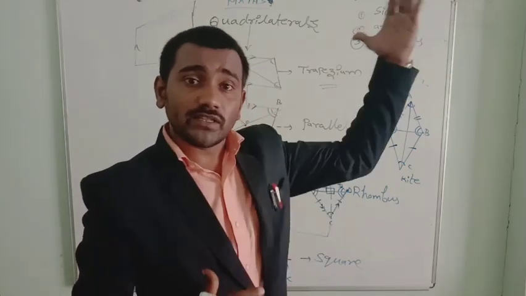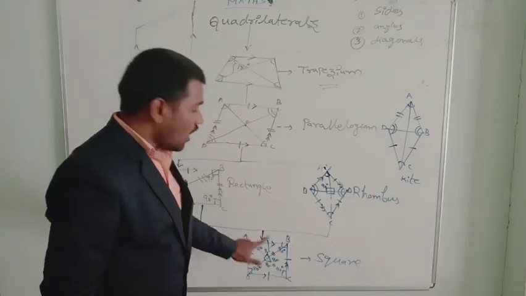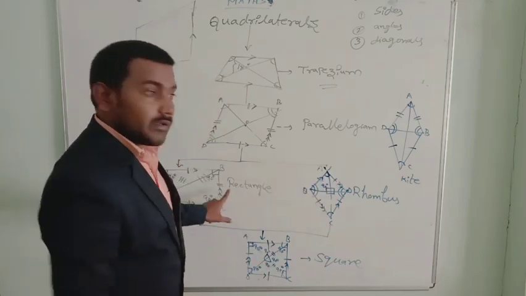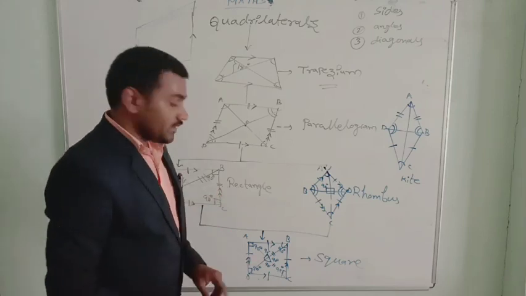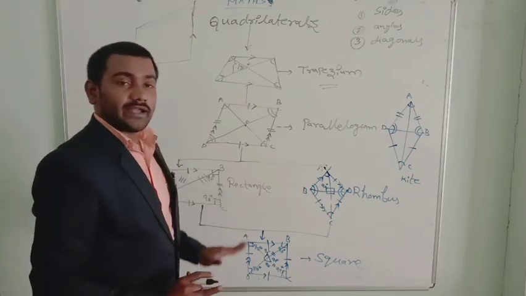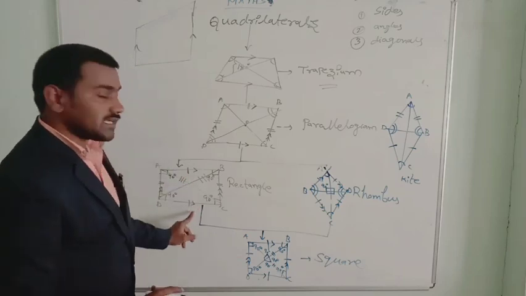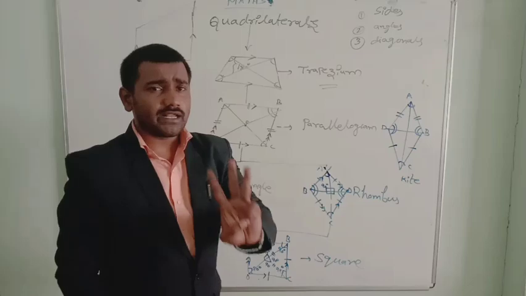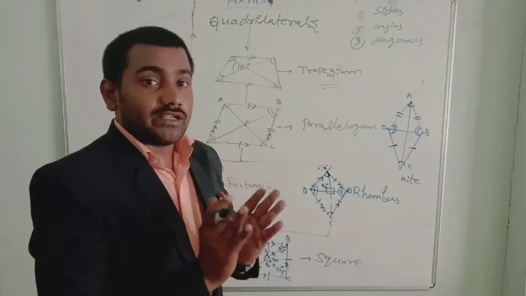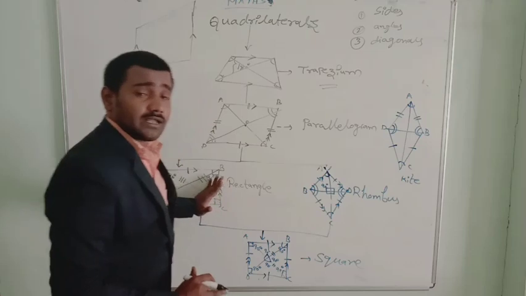So square becomes everything. See, all squares are rectangles. All squares are rhombus. But a rectangle is not a square. How to compare this? Should not be confused. All squares are rectangles, see how? In the rectangle, opposite sides are equal and parallel. Any three properties you compare, if they are the same, then it is possible. If at least three properties are the same, then we can consider all squares are rectangles.